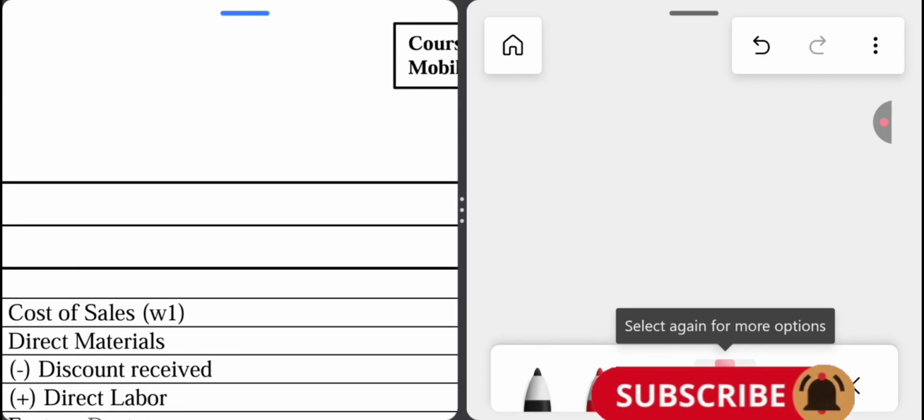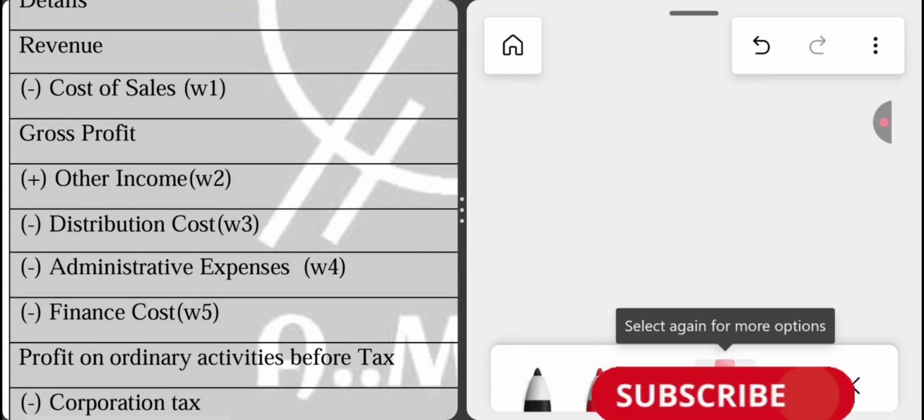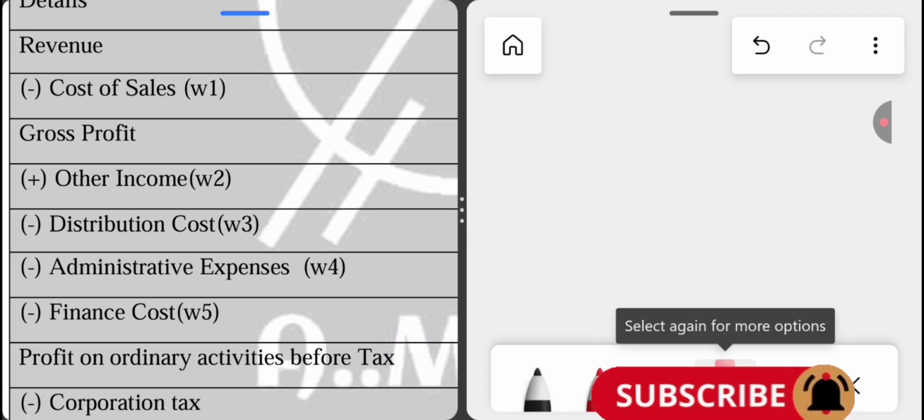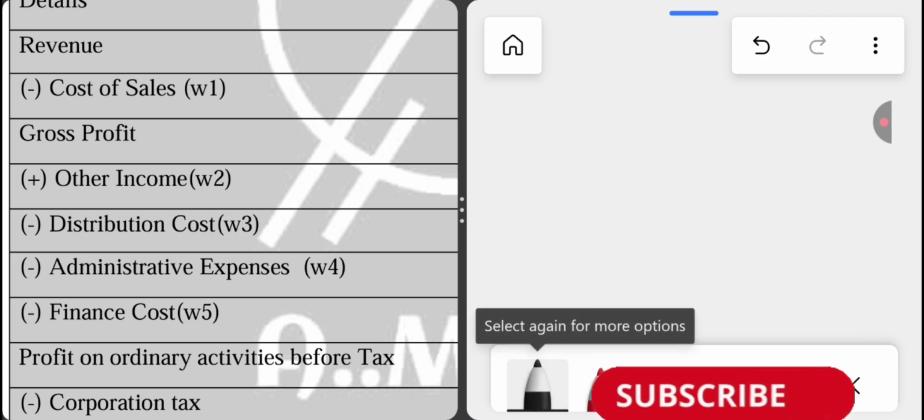Now see, after cost of sales, find out the gross profit. Finding out the gross profit is not necessary. It doesn't give any marks, but it's better to show. Then show the other income as working too. In actual businesses